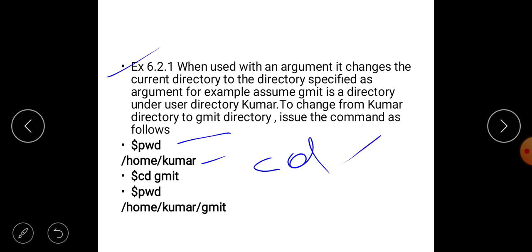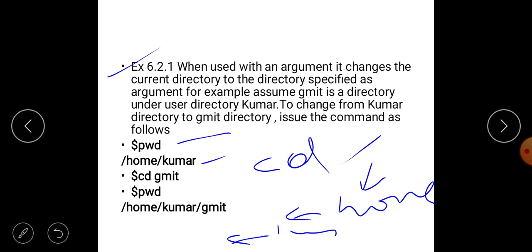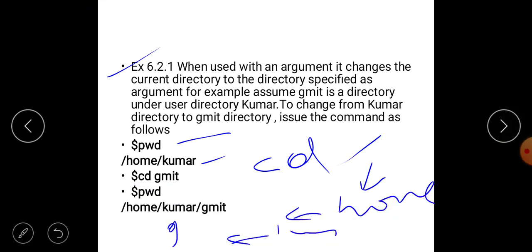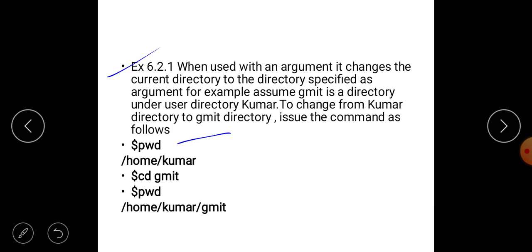This is root. On the root there is home. Under home there is Kumar. Under Kumar there is gmit. Okay, this is the hierarchy. cd is nothing but changing the current working directory to some other directory.